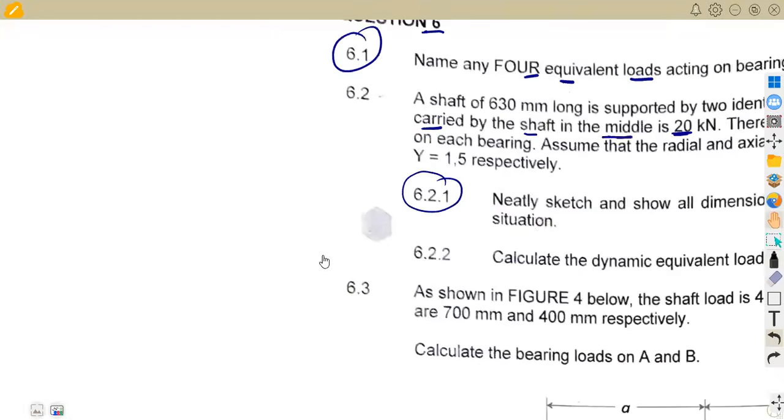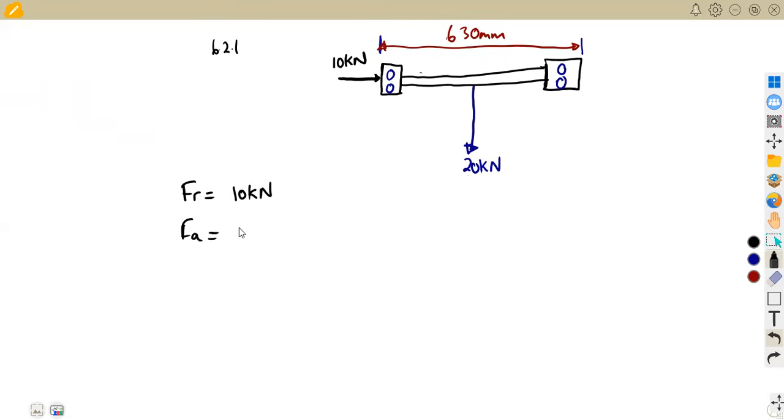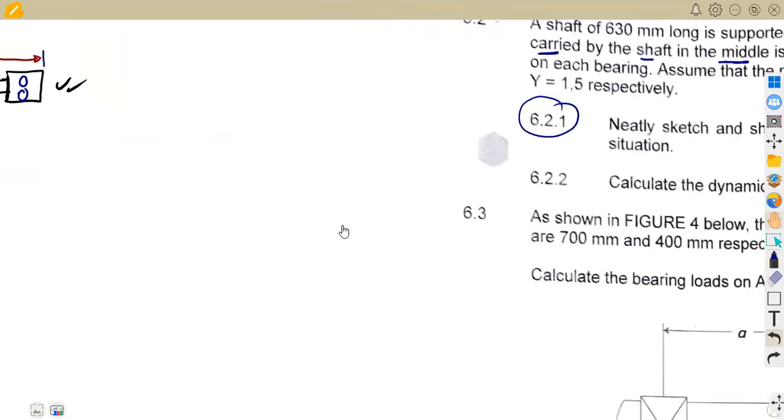So the actual load, which we can write as FA, is 5 kilonewton. All right, so on the diagram, we do not consider this part. We're just going to have these two. So the part of 6.21 is actually okay. So this information, we can use it to answer our question 6.22 in this case, whereby they need us to